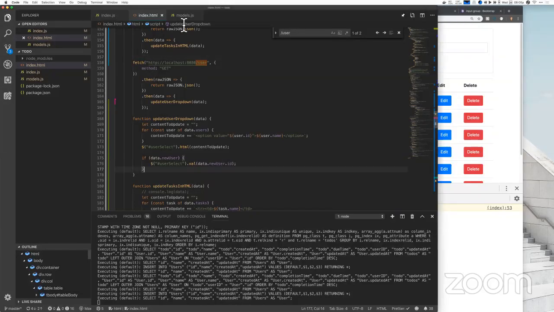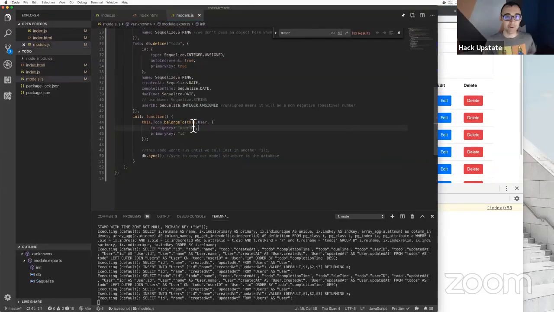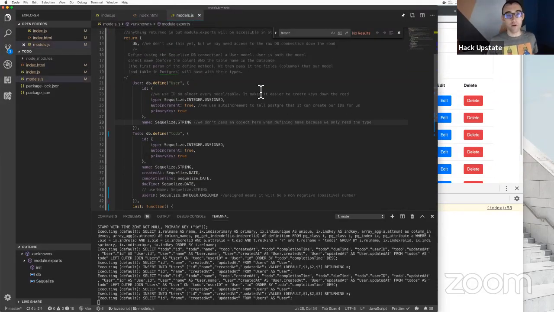Okay, so what we're going to do is in here, what if we want to say that, hey, names should be unique in the database. Two people aren't allowed to have the same name. So I'm going to make this an object. Delete that out for now. And I'm going to say, hey, the type of name is still a sequelize.string, but I want to validate that